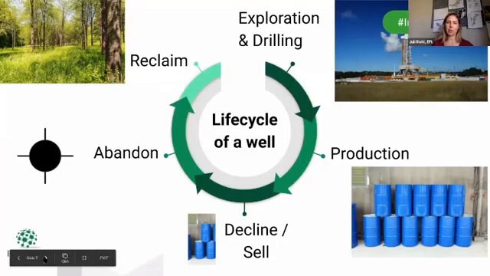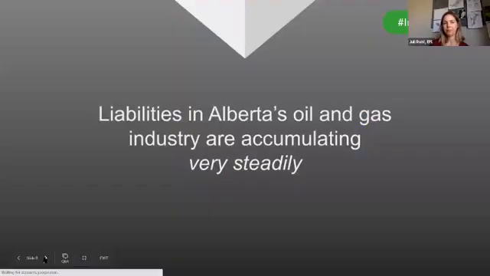Sometimes that involves remediation, but essentially it's getting the land back to its original land use capability. So it needs to support the same use that it did prior to being disturbed. Whether that's grasslands or forest or agricultural land, reclamation is the last stop. So if we go to the next slide, the problem here is that liabilities in Alberta's oil and gas industry